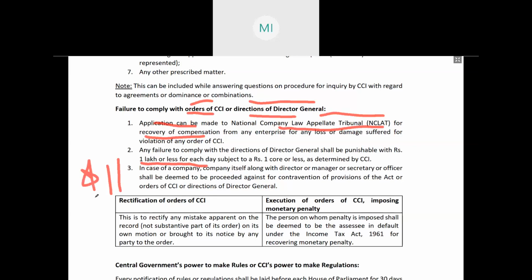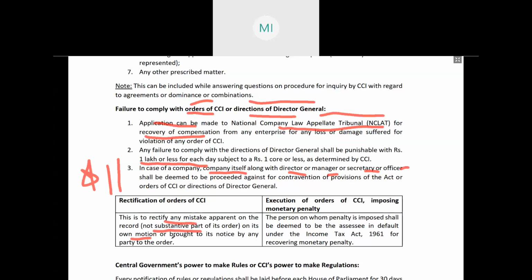In case of a company, who will be liable? The company itself will be liable, plus the director, manager, secretary, or officer shall be liable for contravention of any of the provisions of this Act or orders passed by CCI or Director General. This is an important question by itself. Assume CCI has passed an order. Can it rectify its orders? The substantive part of the orders cannot be rectified, but if there is some mistake, it can always be rectified